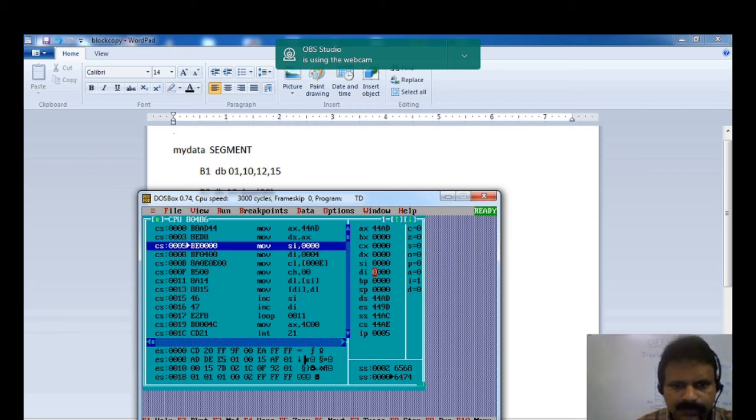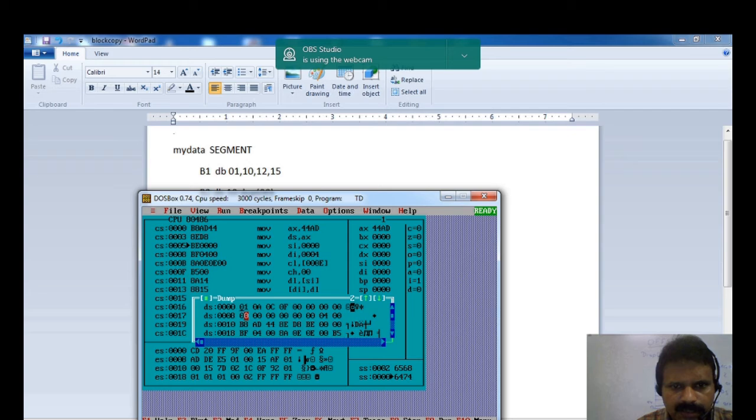Okay, now let us see the memory area. You can see the first data is 01. Second data is 10, it is 0A. 12, it is 0C. Then 15, 0F. And the next byte is 00. Those 10 bytes we have initialized, and it goes for the next block B2.